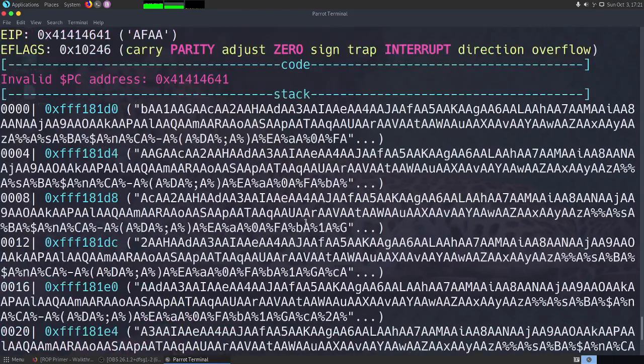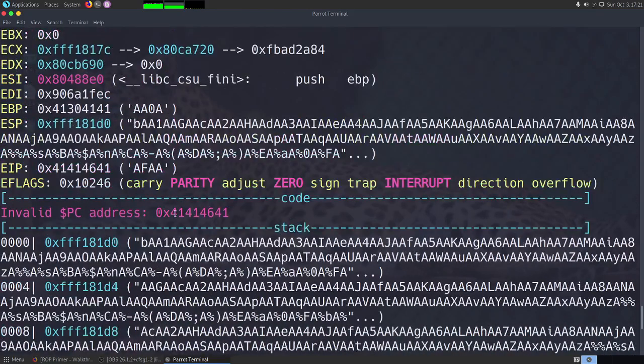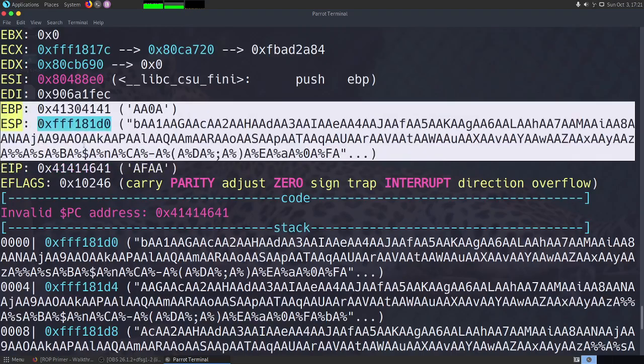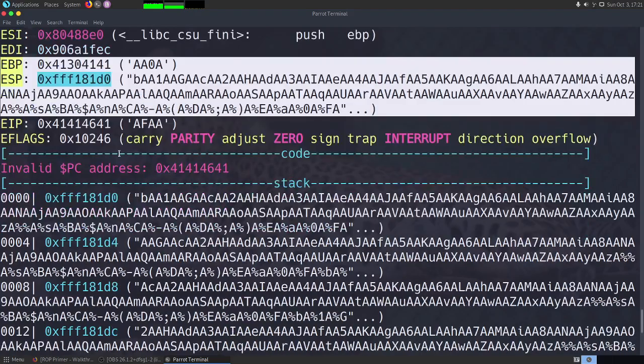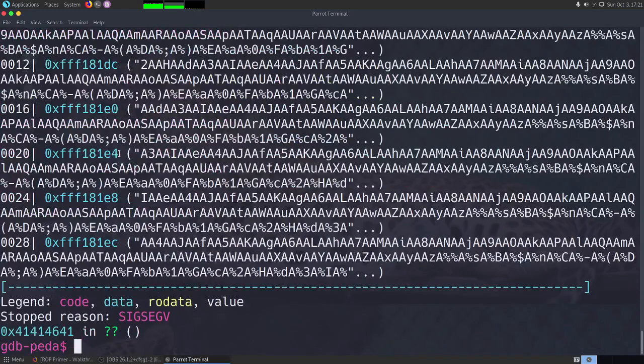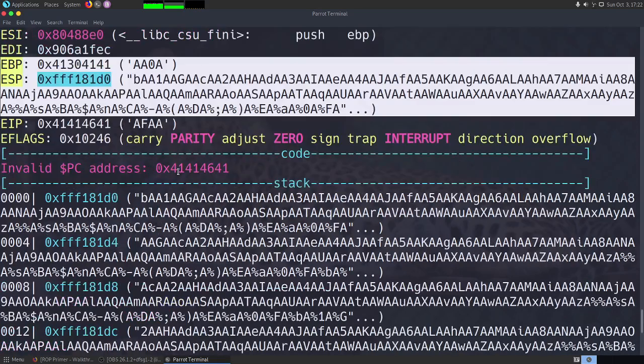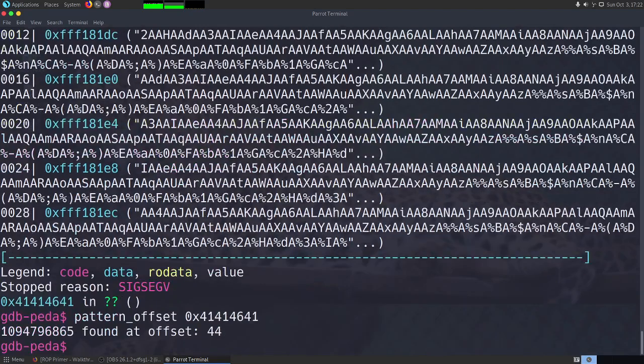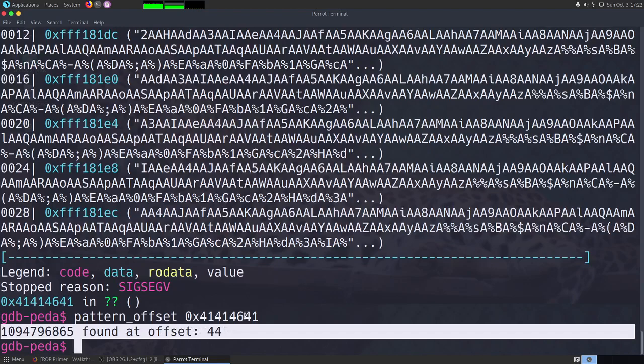Once we get that, we can go a little bit up and see that EIP is overwritten with AFAA, and ESP and EBP are also overwritten with some values. Now we can do a pattern offset, give it the value that we see in EIP, and it will tell us that it was found exactly at offset 44.